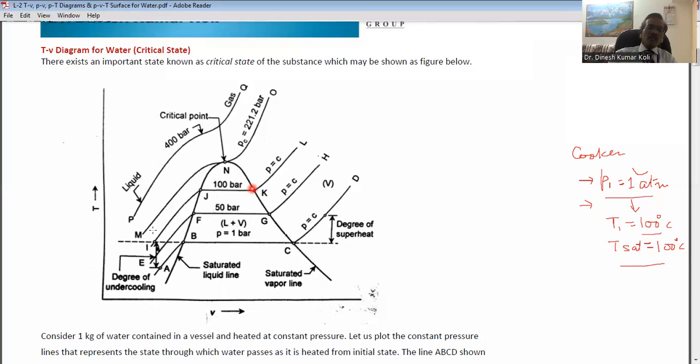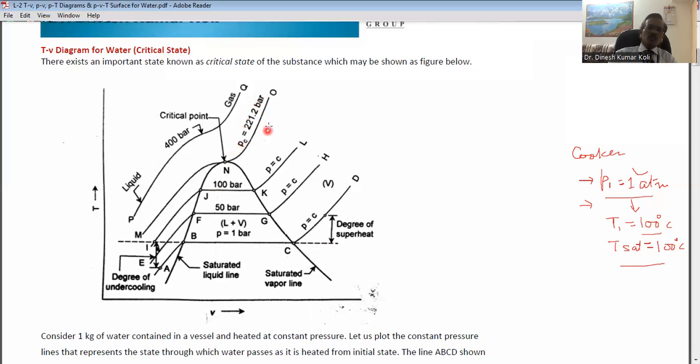If we further increase the pressure and follow the M and O curve, then we see that there is no heat given in the form of latent heat, because this curve is continuous. But if we compare with the other curves, IJKL or EFGH, there is a break. The curve breaks between J and K, which indicates the latent heat. The point N is called the critical point